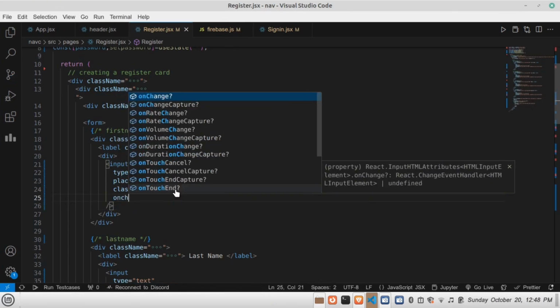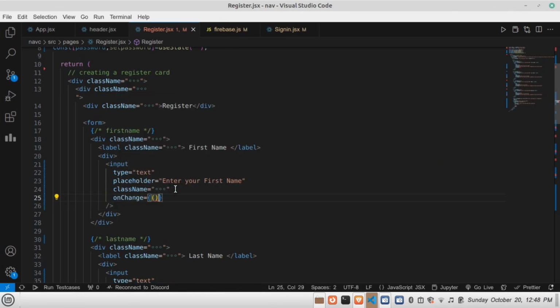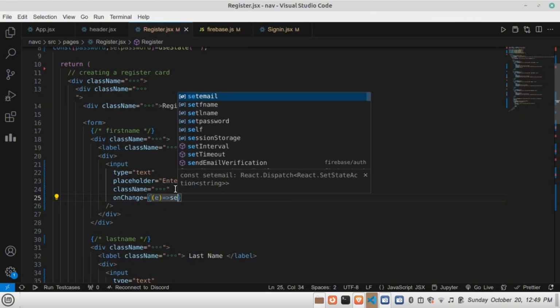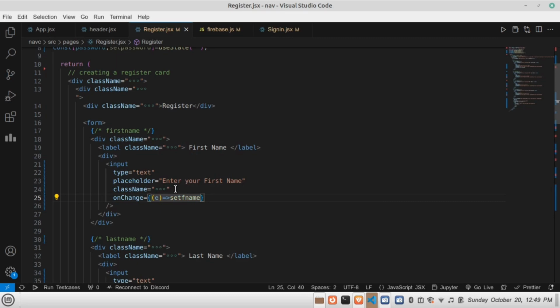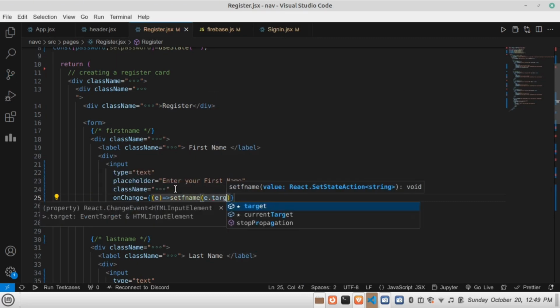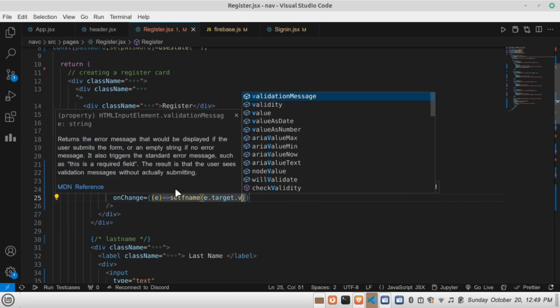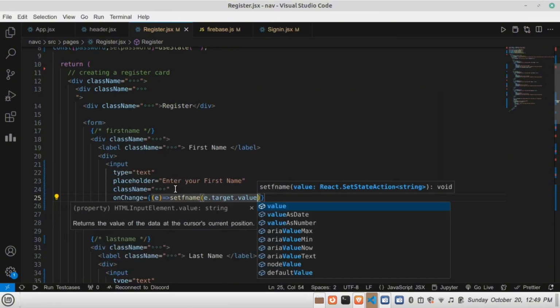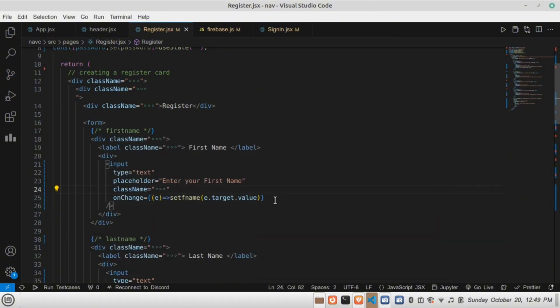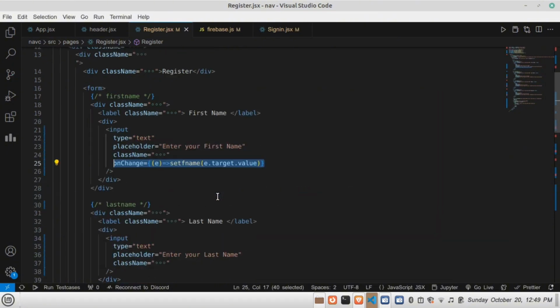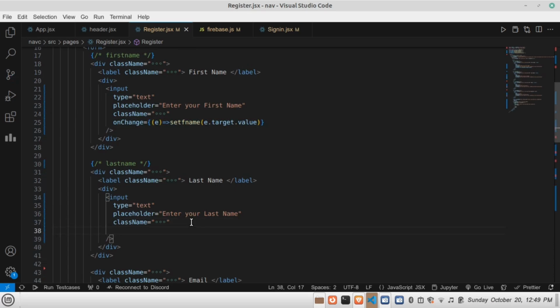For that, let's just do onChange, an arrow function with the parameter e, which sets your first name, setFname, to the targeted value in your input box, e.target.value. Copying that and pasting to all four of those, and just changing the set parameter name, fname to lname,